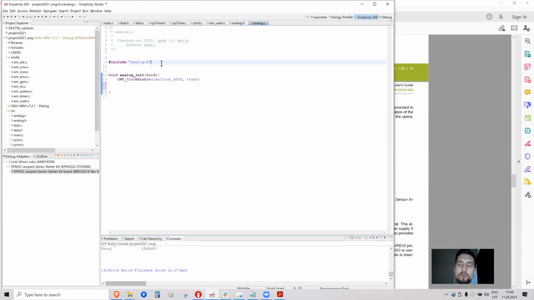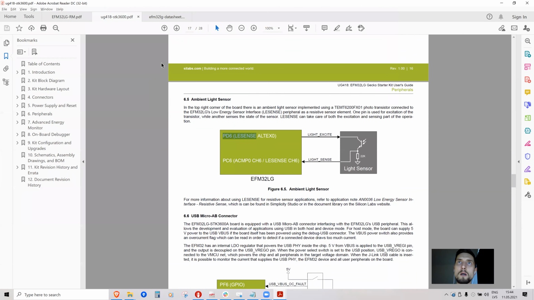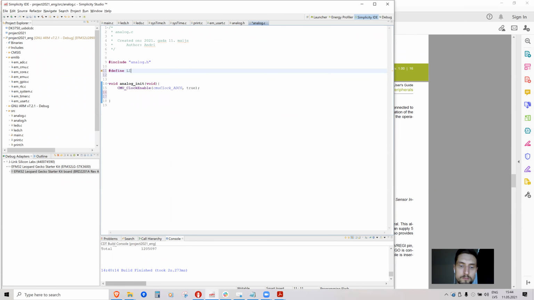So the correct way to do it is in the C file, write hashtag define LIGHT_EXCITE_PORT gpioPortD, hashtag define LIGHT_EXCITE_PIN